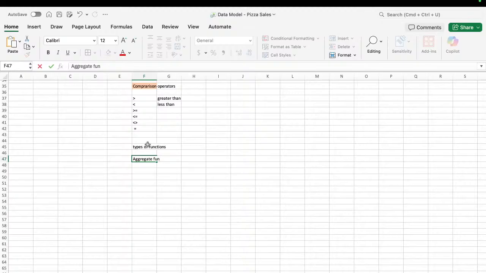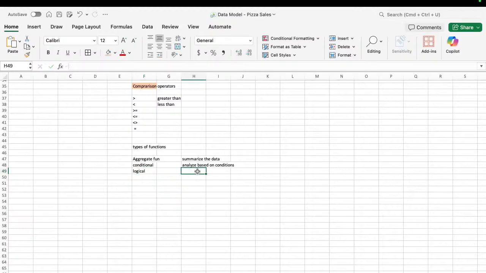एग्रीगेट फंक्शन टू समराइज आवर डेटा। मैं लिख देता हूँ यहाँ पे जिससे कि आप लोग को समझ में आए, समराइज द डेटा, राइट। एंड सेकेंड वन इज गोइंग टू कंडीशनल, conditional, and that is used to analyze our data, analyze based on some condition. And then logical, for decision making,